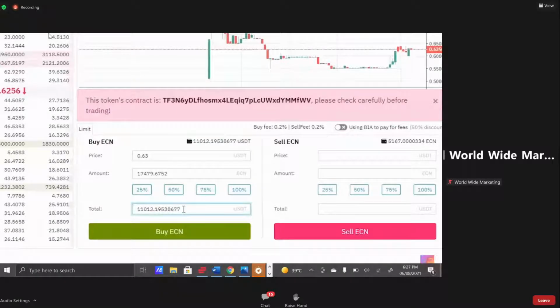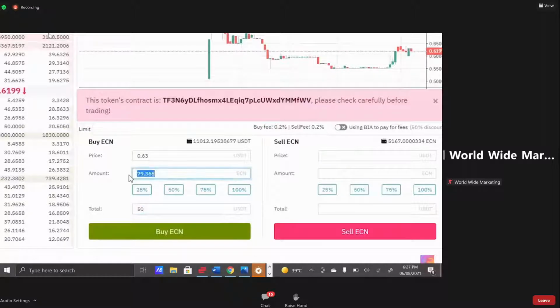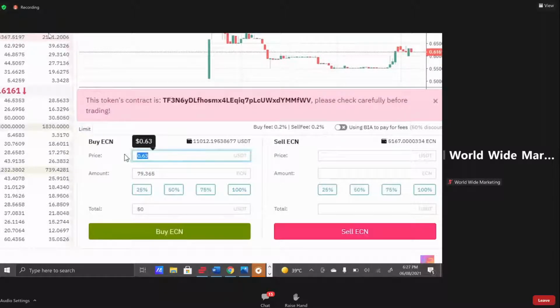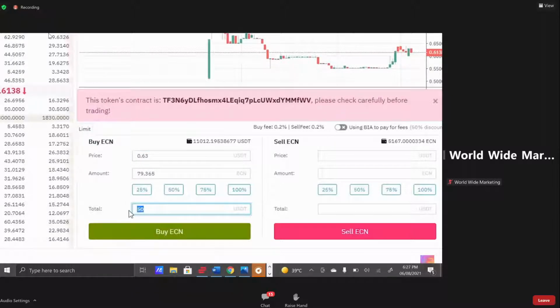Now, if you don't want to go by percentage, you can enter as per your choice. I'm just entering 50 USDT, and the number of ECN shows over here as 79.365. You need not enter anything else. You just need to enter at what price you want to trade in the price column, and the amount you want to spend from your wallet, either by writing it or by percentage.